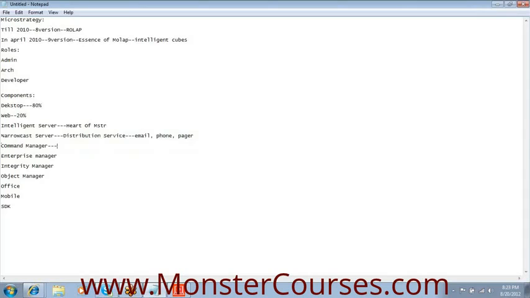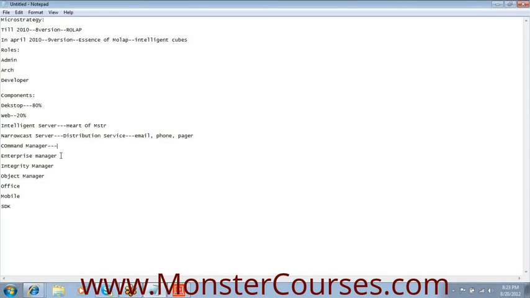Now, I'm talking about command manager. The command manager itself, as the name says, is about writing scripting commands. Whatever you can do in the desktop, you can do in the same way using command manager. But as MicroStrategy is a graphical user interface tool, you will not write much code, commands or scripts; you right click and create a report, right click and create a dashboard. Most things you do with the mouse rather than typing with a keyboard. But in this command manager, especially, we need to write single-line or double-line scripts.